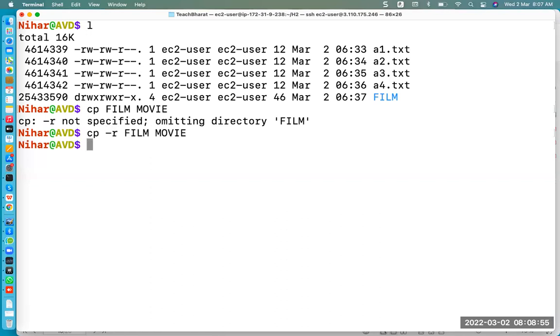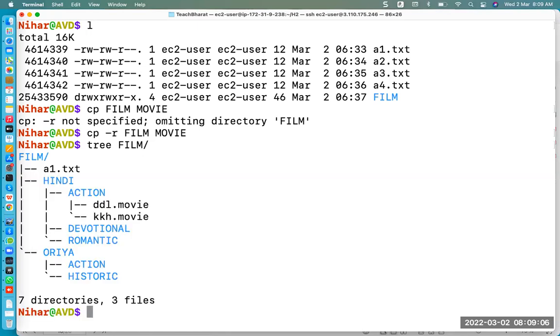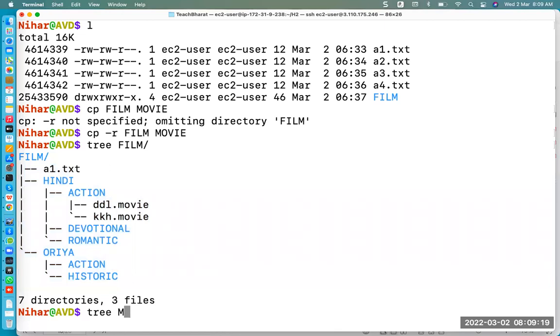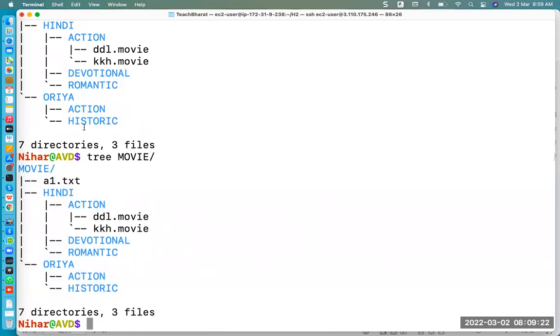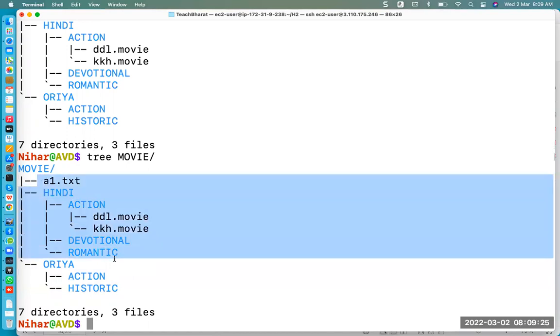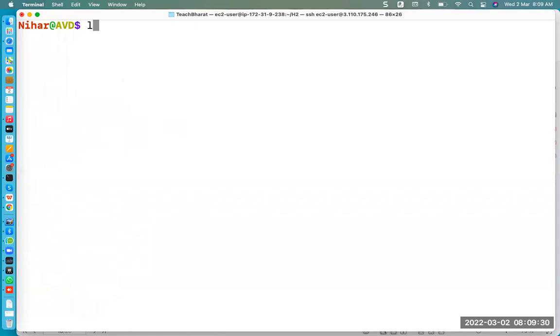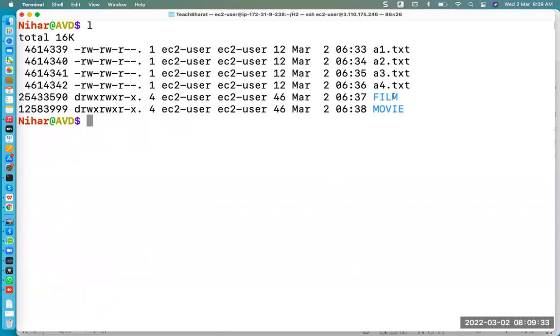So what will it do? It will just copy it. How did it do that? Let's see, just tree film. Whatever you are seeing, all these children of film will be moved to movie. It will create one directory, movie, then all the children will be copied into movie. Let's see, tree movie. The same structure, right? The structure of film and the structure of movie are the same. As the movie directory was not there, it was created and all the children of film were copied into